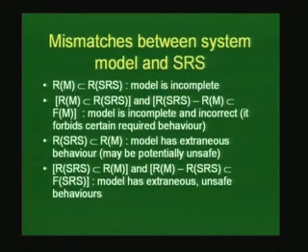If the set of required behavior by the model is a proper superset of the set of the requirement spec, then the model has extraneous behavior. It does something extra, and again, providing an extra feature doesn't always necessarily mean a good thing. It could potentially be unsafe as well. When will it be potentially unsafe? When this extraneous behavior actually trespasses on the forbidden conditions of the requirement spec. So Rm minus R of SRS actually belongs to F of SRS,